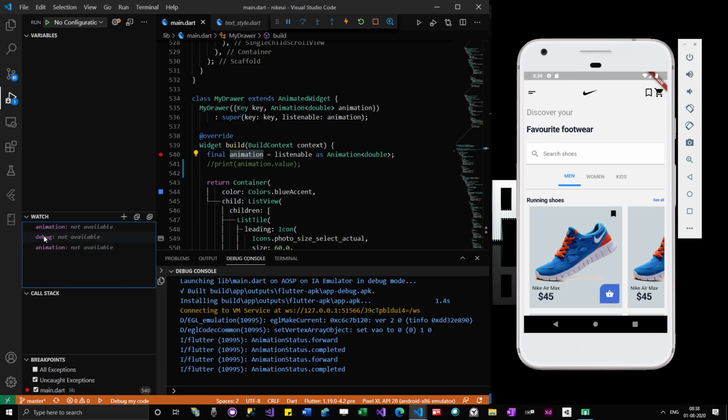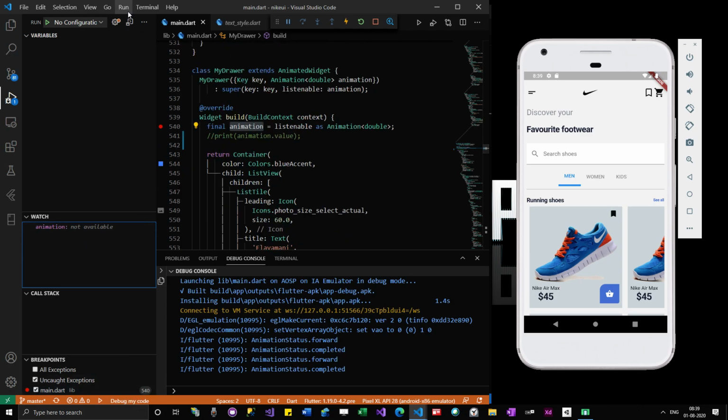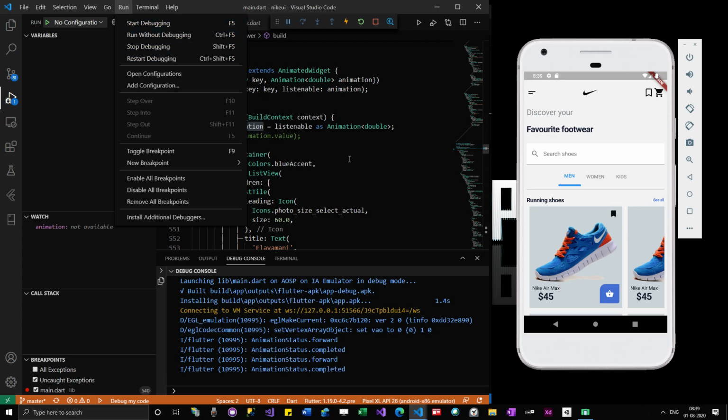Okay, if I want to remove, I'll just click here, remove expression. Some of the values I have previously added, that's why I removed them. So this is how you can add it. And as you debug your apps more frequently, you will understand most of the stuff. Okay, nothing much important, but this is how you debug your apps using the start debugging option.